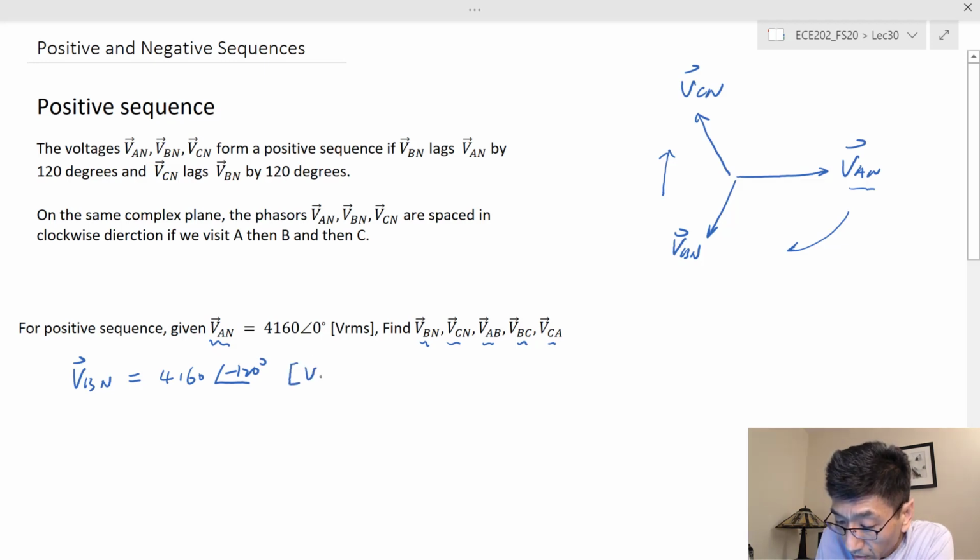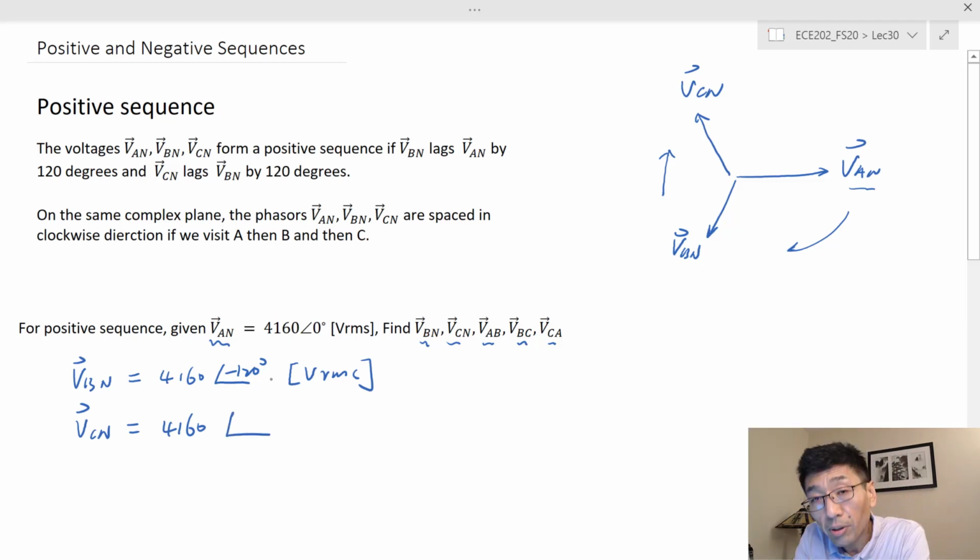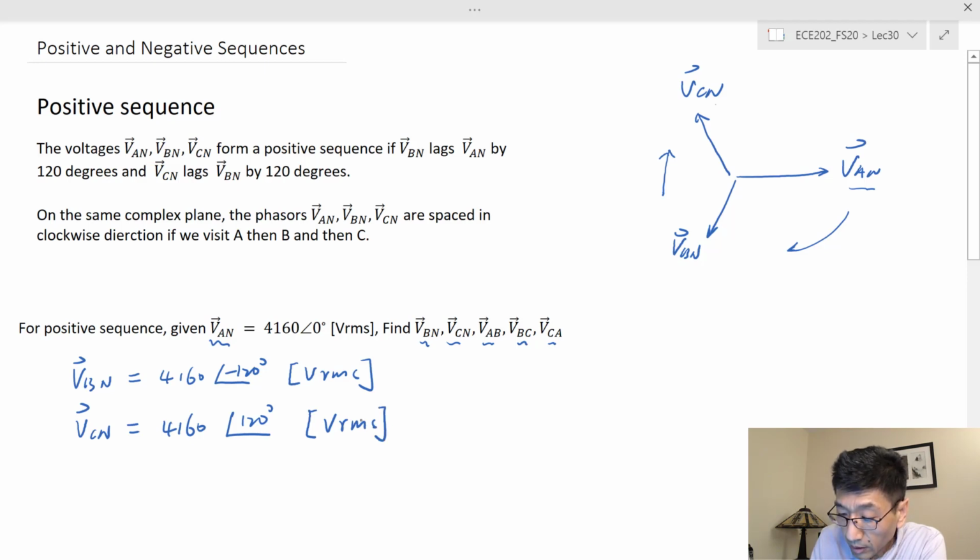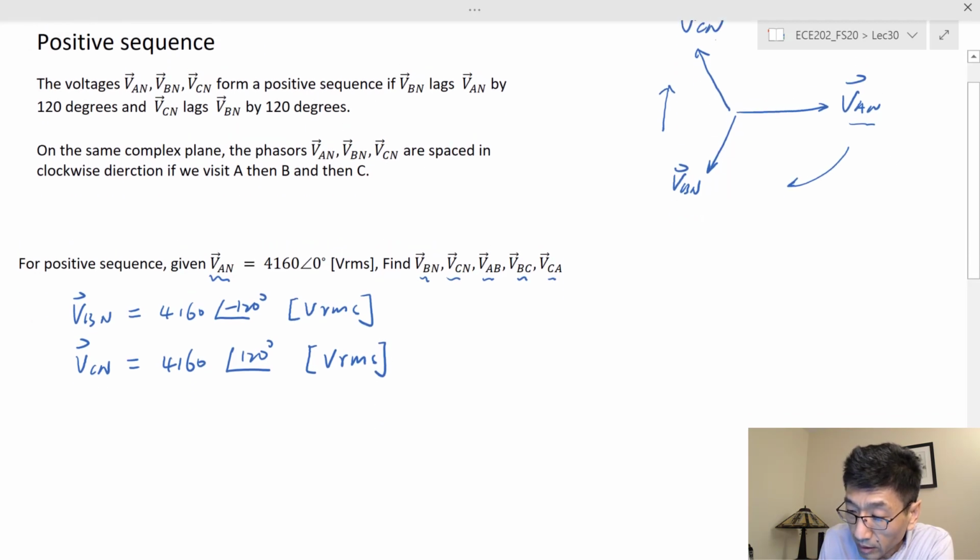And of course it is in volts RMS, and VCN is going to have the same magnitude, and you could write negative 240, right? Because VCN is lagging VBN by 120, or you can just write positive 120, right? So VCN is leading VAN by 120 degrees based on the phasor diagram. So this is it. And now I need to calculate the